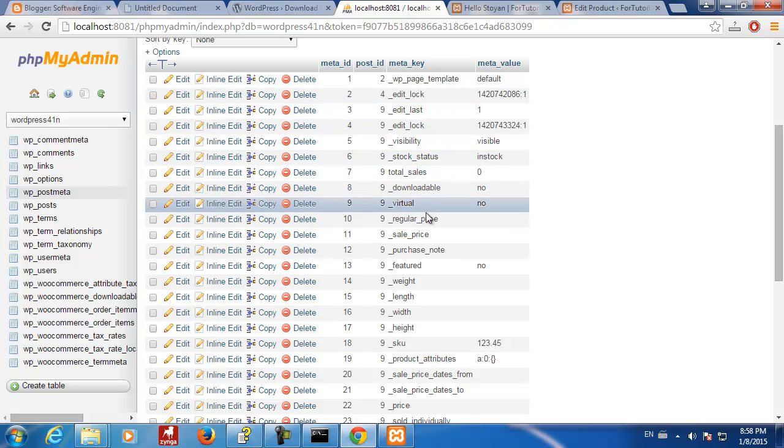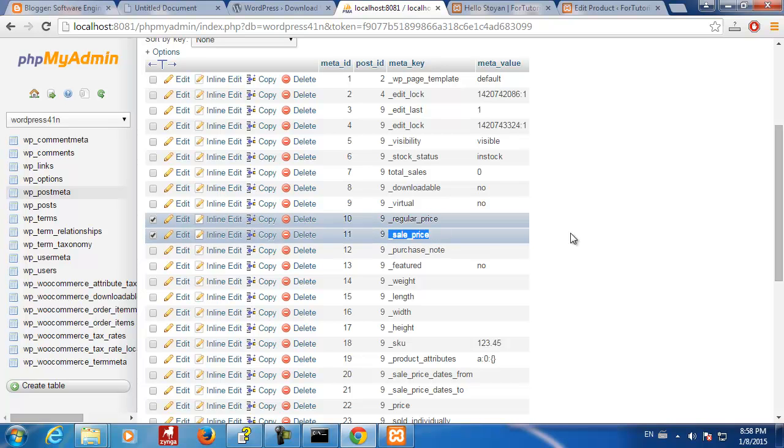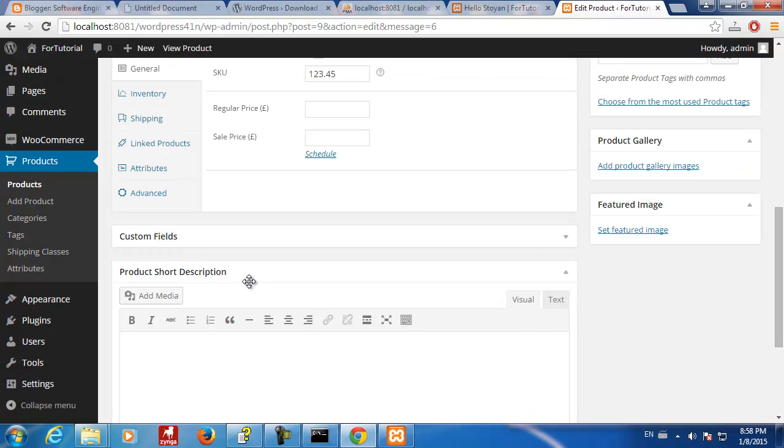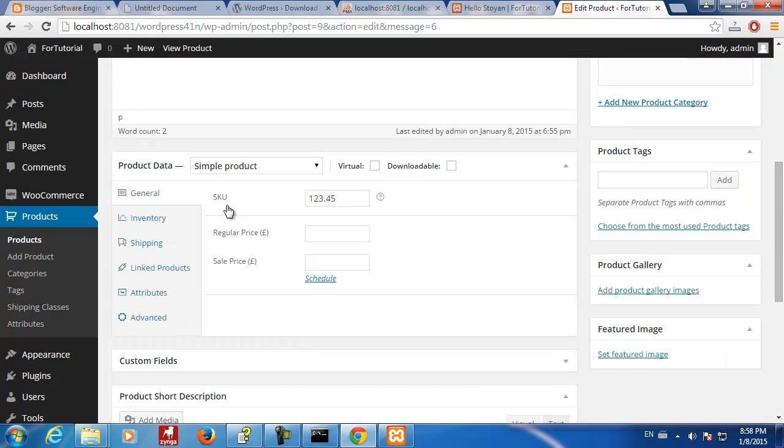Strange, we don't have a regular price. Here we go. Regular price, sell price. Let me look at here. Did I enter regular price or something? Oh, that's the SKU, of course. I was thinking about the price. SKU, it's